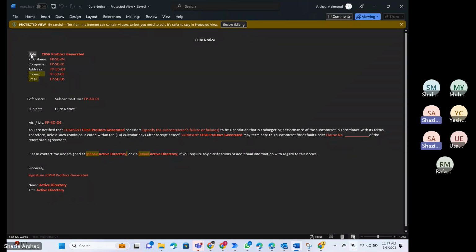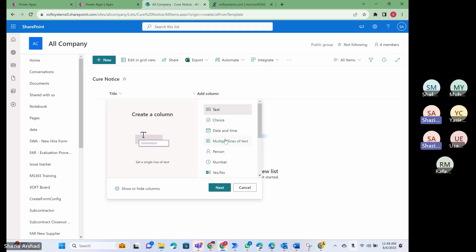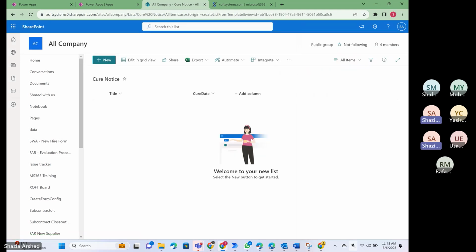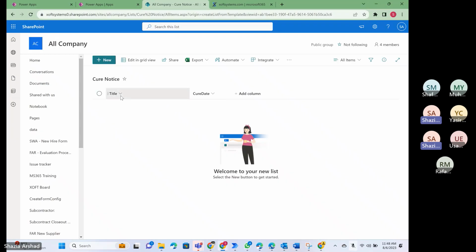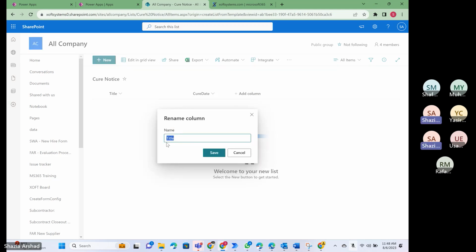First is basically the date. So we can say date column. You can pick the date column here and name it cure date. And the other field is POC name. We can just rename the existing one here because this is a text column. That's why I rename it as cure date. But for the POC name, we can just name it cure